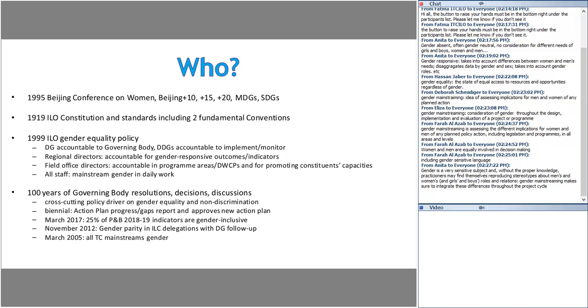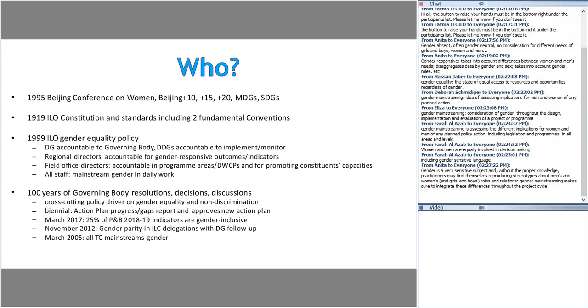The governing body instructed our Director General to begin sending a personal letter to any government that did not have at least 30% women on its ILC delegation, and to ask that government what it was doing to improve so that it would reach parity, which is 45 to 55% of women on its ILC delegation. I have copies of all the letters right here. I can let you know if your country received a letter or not. And finally,